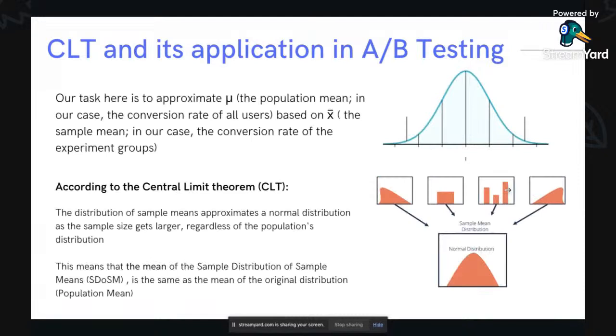CLT is basically the central limit theorem, and the reason I'm giving a gist behind this here is because the whole concept of hypothesis testing is based on the central limit theorem. There are many different kinds of distributions, and I won't be diving into this in detail. But suppose there's a distribution of height of men and height of women. It could be like this, or like this. It doesn't matter exactly how it is, but for a specific scenario, there could be a different kind of distribution, right? But for every different scenario, we could be going into so many different possibilities of